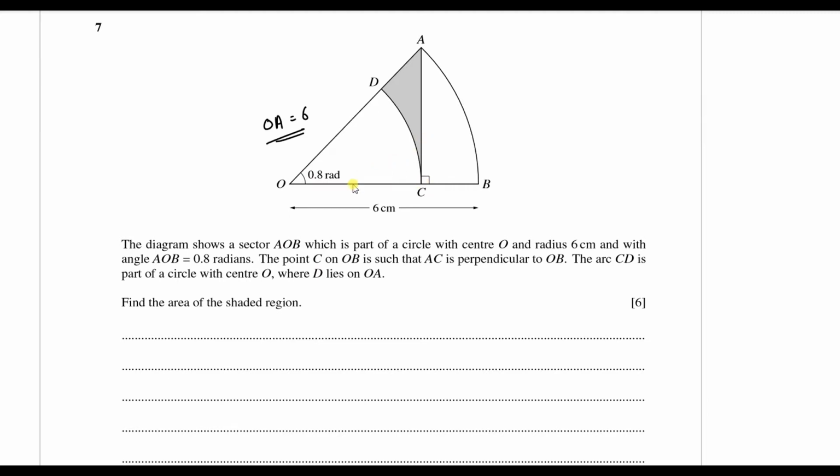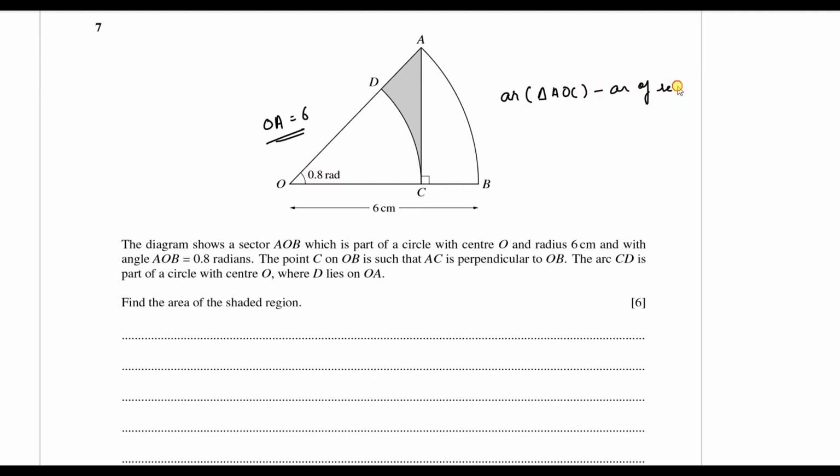So AOC becomes a right angle triangle. The arc CD is part of a circle with center O, where D lies on OA. So COD becomes another sector. You need to find the area of the shaded region, and we can see directly that we require the area of triangle AOC, and then you subtract the area of sector